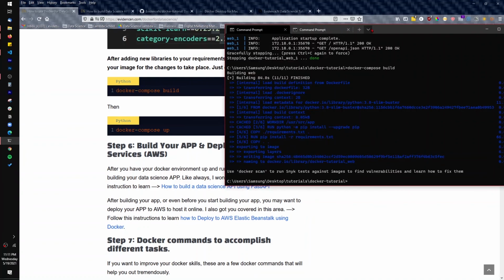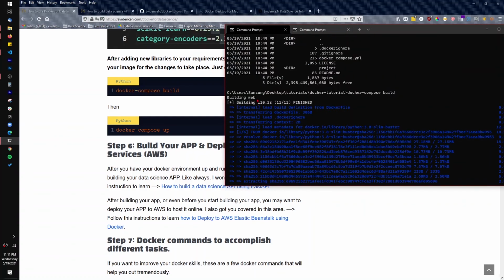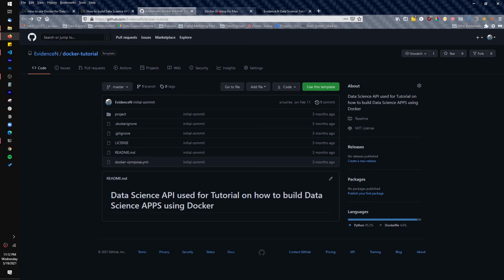As you can see, it is done, and this time it was faster than before. This took 84.8 seconds. If we go back all the way to the first time, it took 110 seconds. It was faster the second time because we've already installed some of the things. So make sure you do this step when you add a new requirement to requirements.txt, to get the app up and running again. So here, if I reload this,